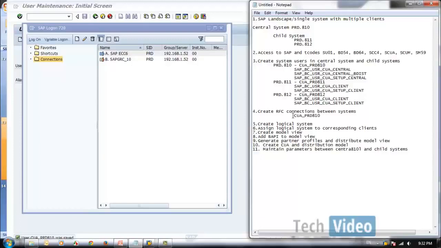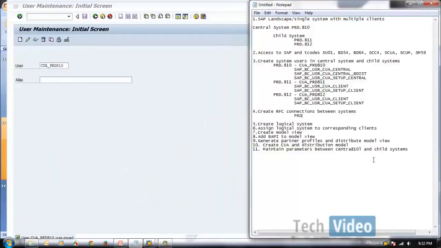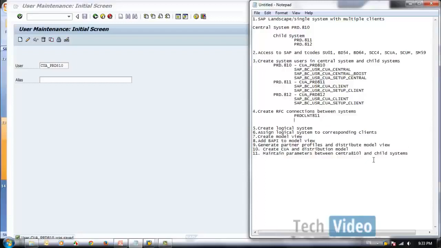So what we do is we will have RFC, or let's say PRDCLNT 811 and PRDCLNT 812. So we will have two RFCs.